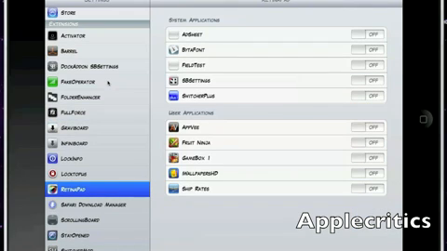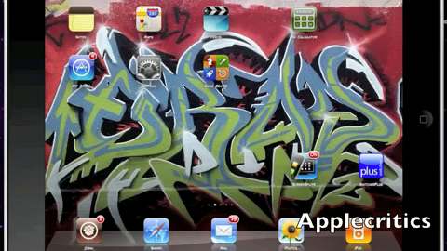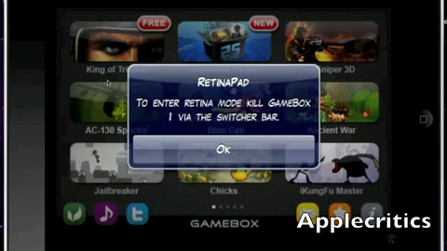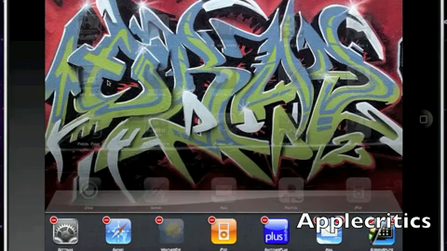Then you simply can tap on All-in-One Game Box, for example, and then it says to enter Retina Pad, you have to stop using it from the switcher bar. So then you simply tap on that, and then you go into All-in-One Game Box,